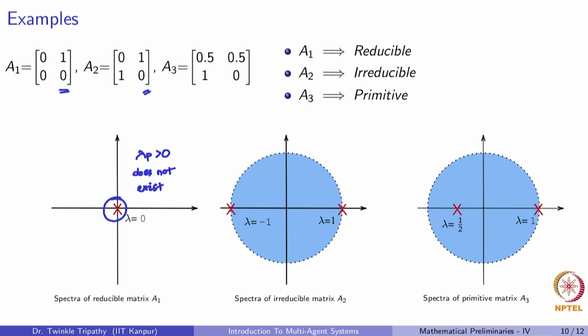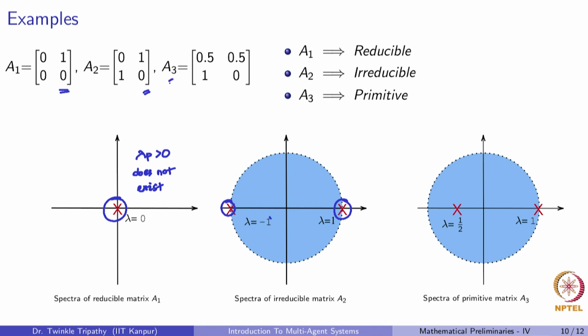If we come to A2 here, A2 now becomes a matrix which is irreducible, meaning we should have at least one eigenvalue which is strictly greater than 0, and as we can see, that happens in this case. We have an eigenvalue which is strictly greater than 0, but since the matrix is actually irreducible, there is a possibility of the existence of an eigenvalue which has the same magnitude, and which we can see here, we have an eigenvalue of magnitude -1.